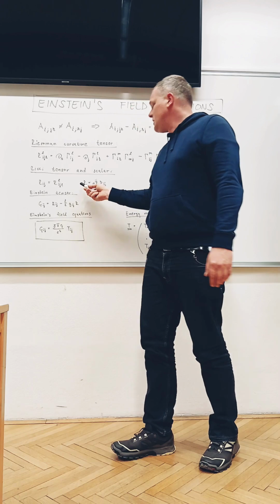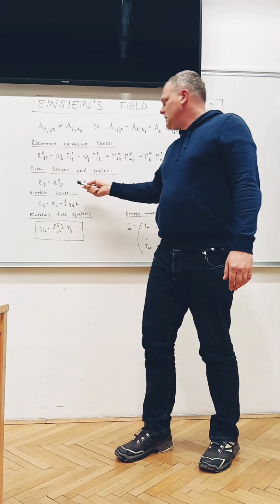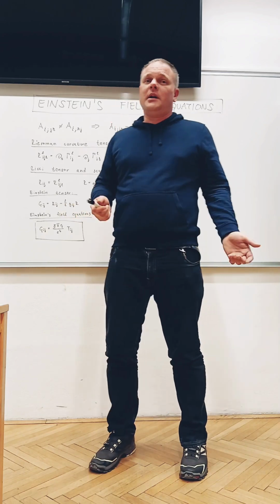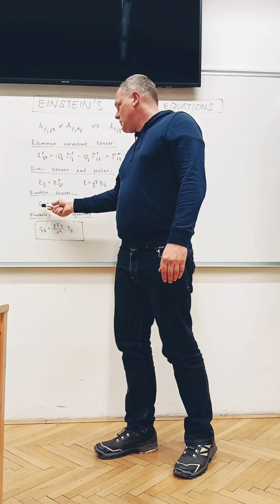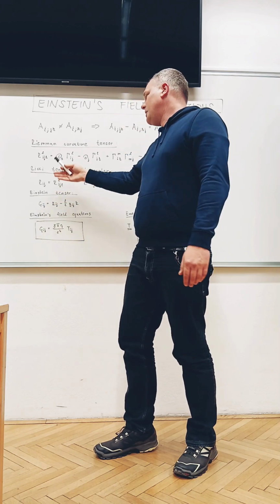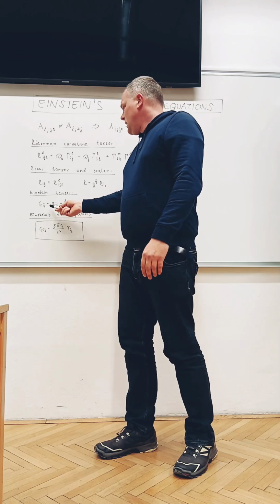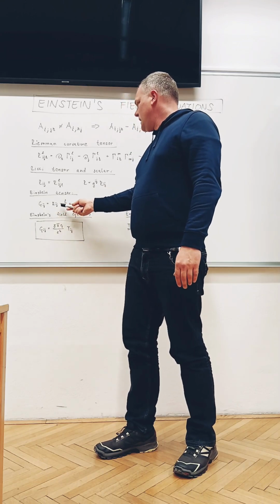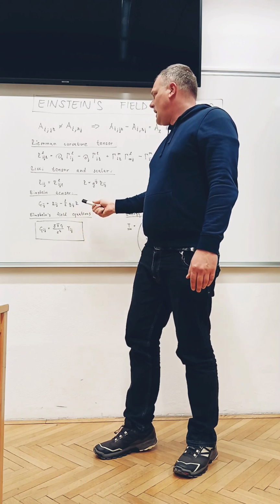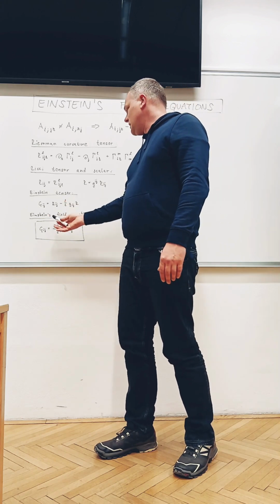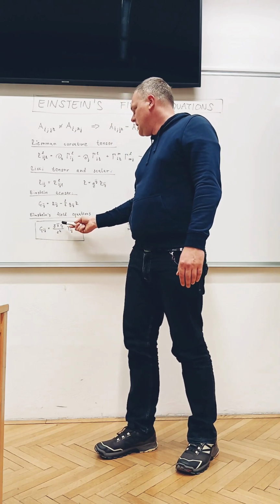And we get this, and the Ricci scalar is defined as the metric times the Ricci tensor. And then further, the Einstein tensor, which is G with subscript ij. It can be also superscripts or even mixed, one superscript and one subscript, is then the Ricci tensor minus 1/2 of the metric times the Ricci scalar. And finally, Einstein's field equations: the Einstein tensor is equal to 8πG, where G is the gravitational constant, divided by c, which is the speed of light, to the power of 4,